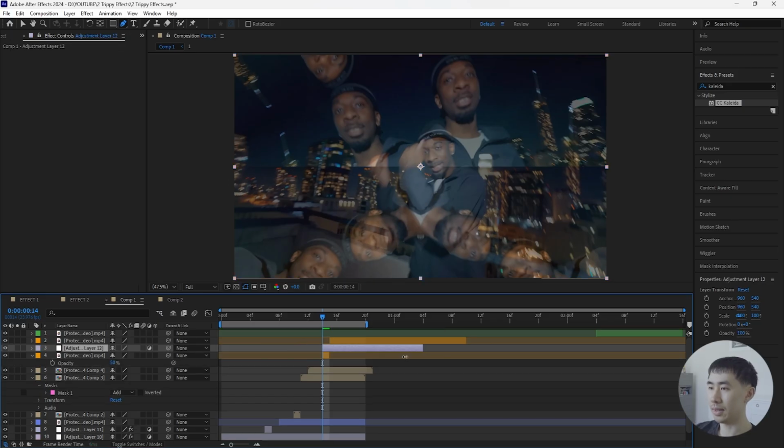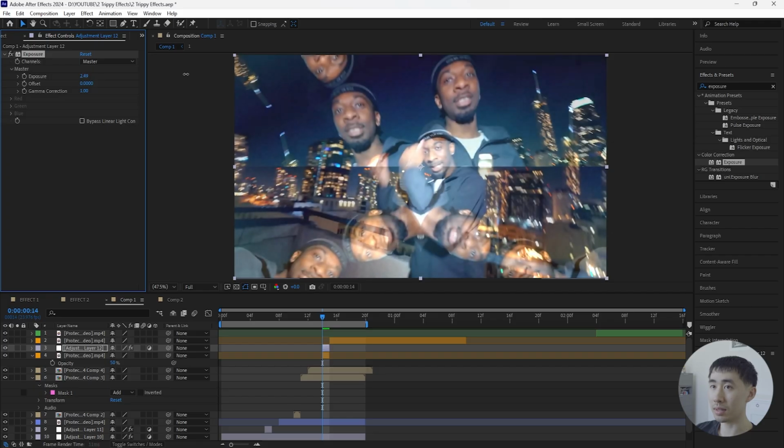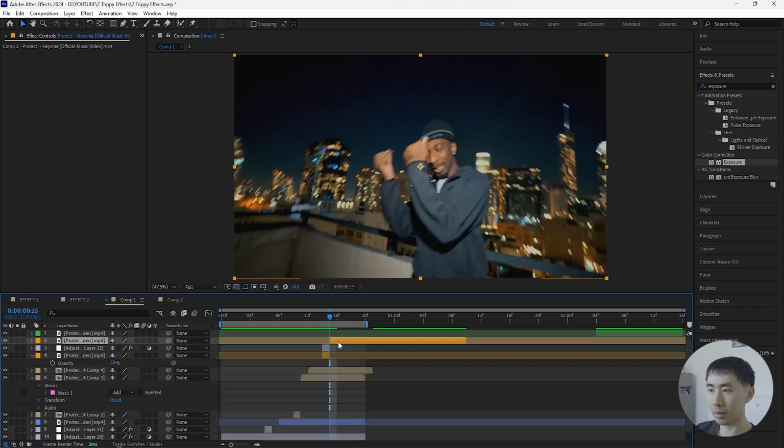and then add an adjustment layer right above this 1 frame layer. So just make sure that it's also 1 frame, and we're going to be adding an exposure. Really increase the exposure because I want this a lot brighter. Increase that to 2.5,